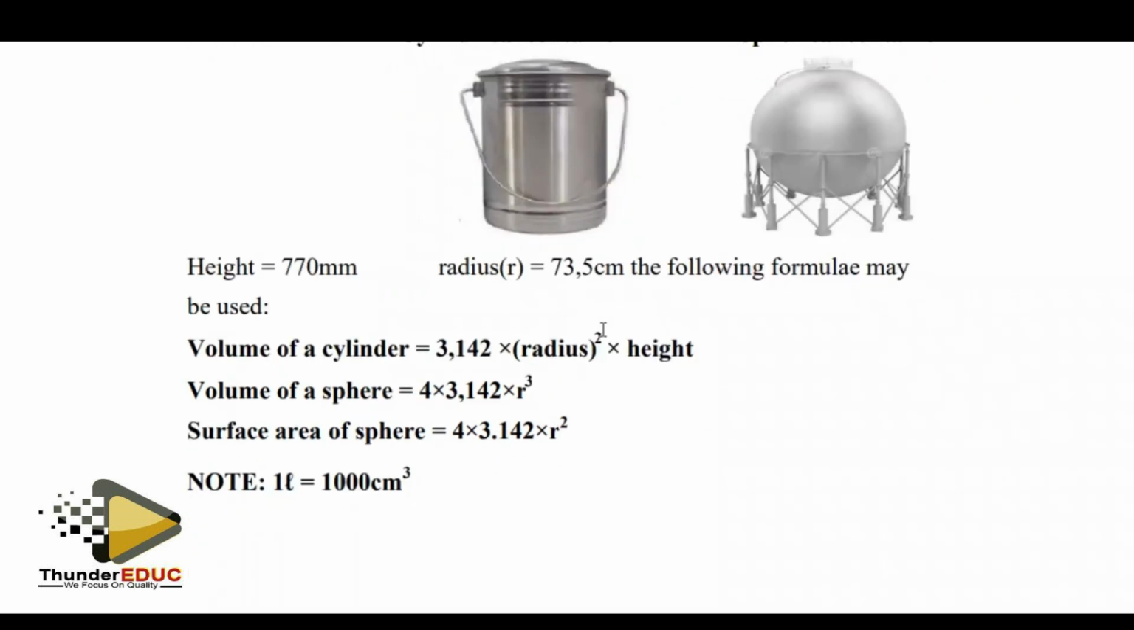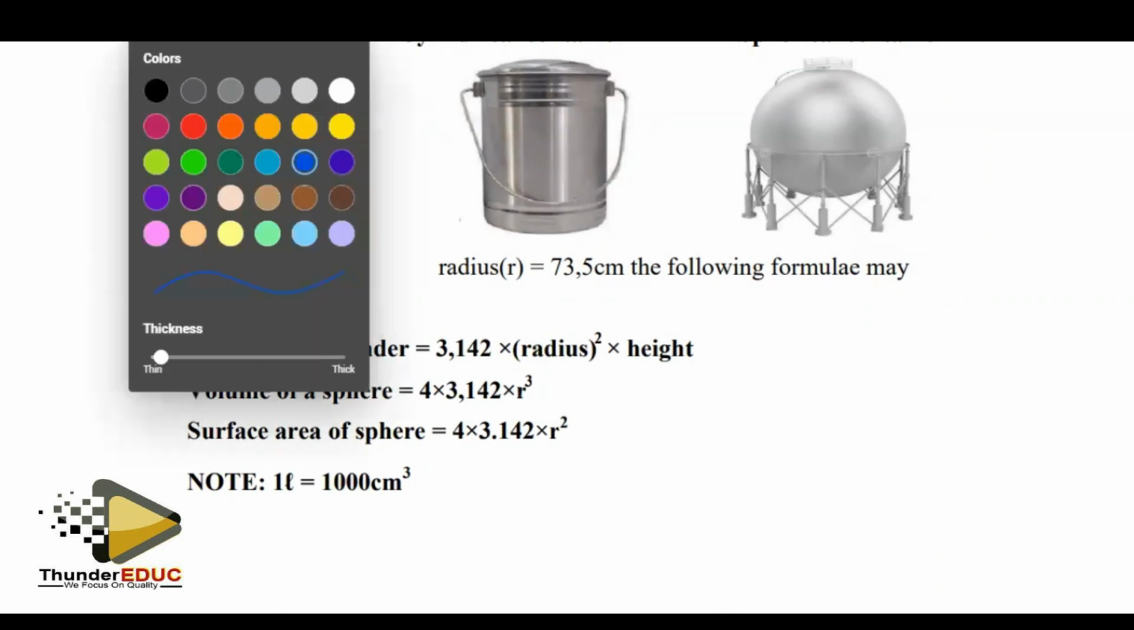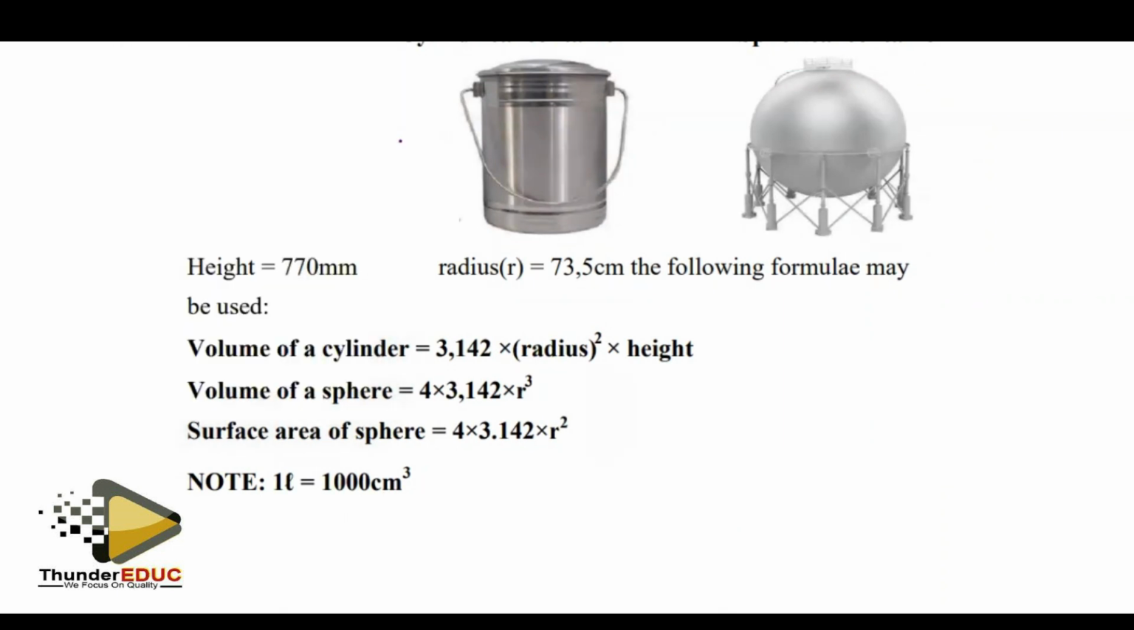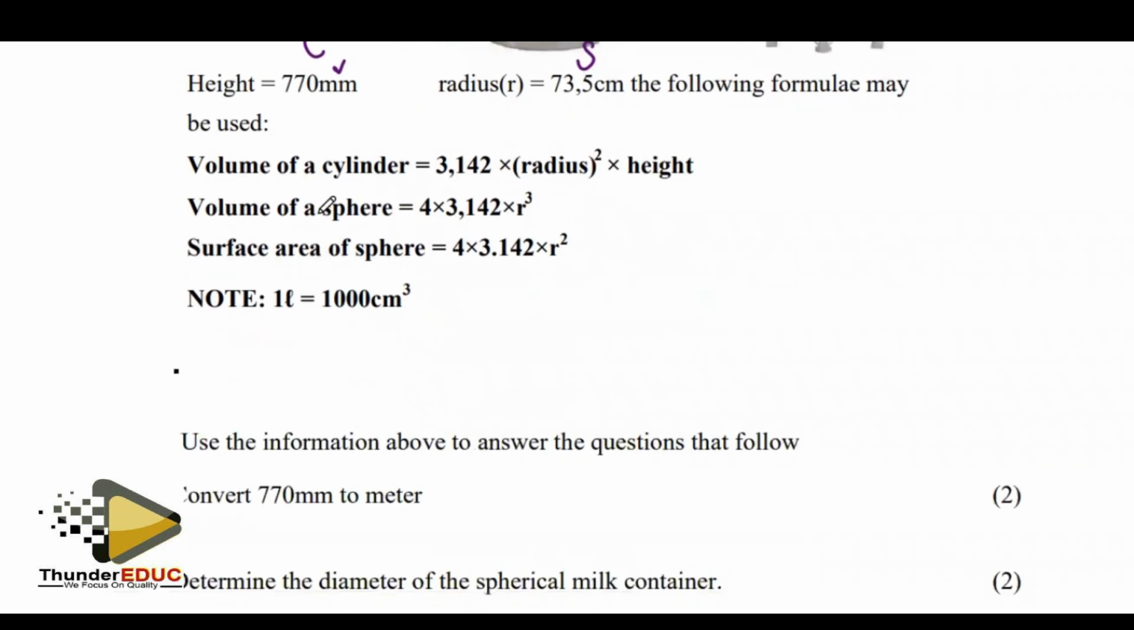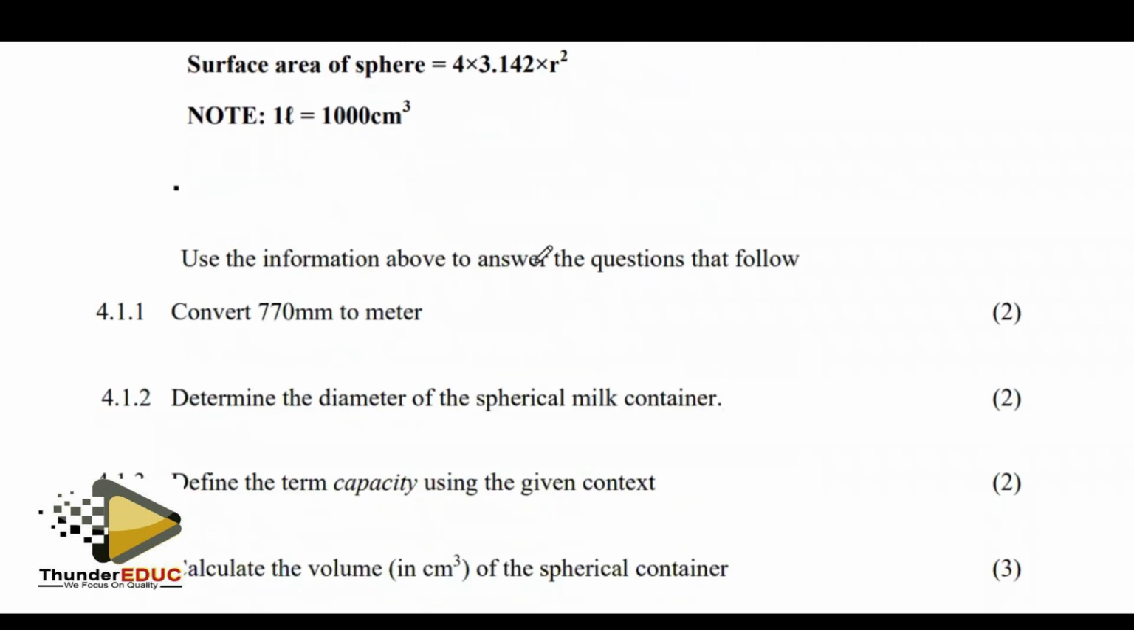So this height here is for the cylinder, the radius is for the sphere. All right, let's continue. These are the formulas given to you, and you may use them, or you might need to use them. Use the information above to answer the questions that follow. They are saying convert the